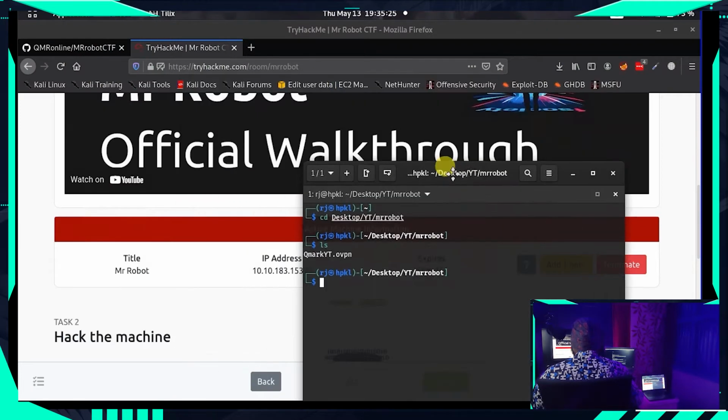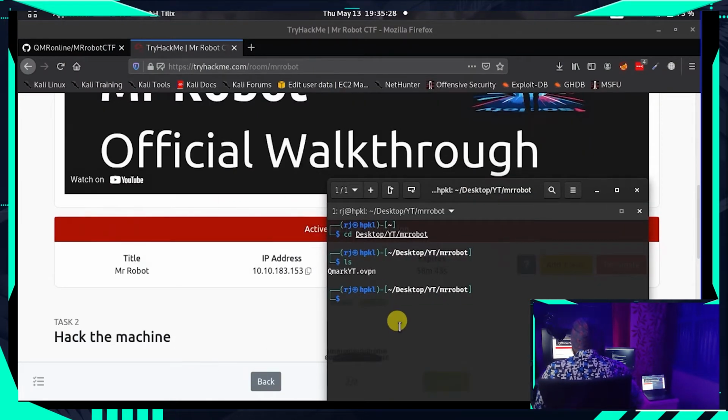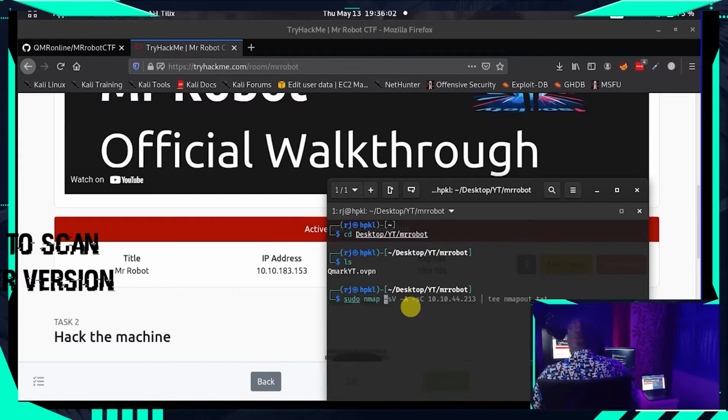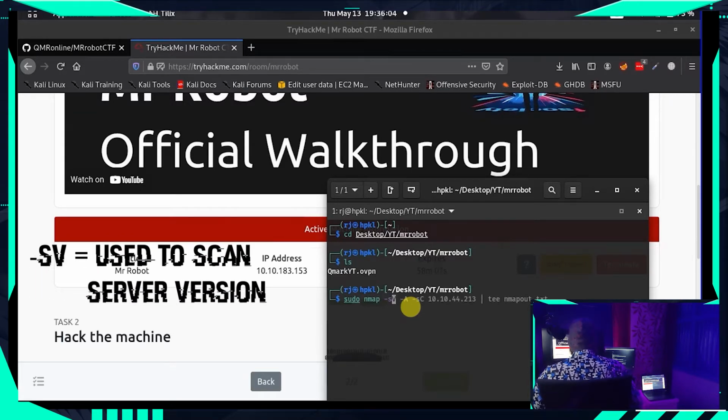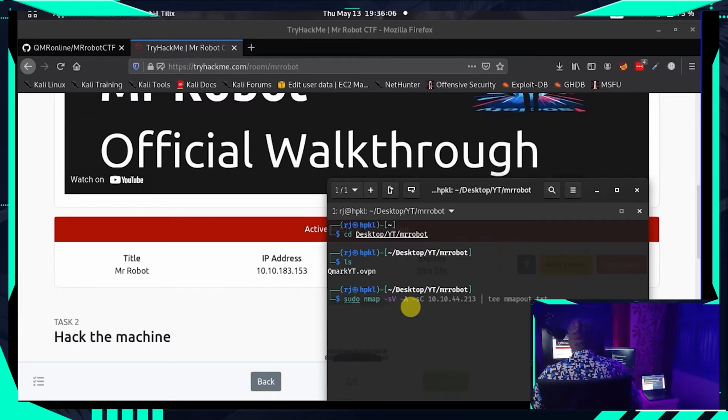Go to the terminal. Now we need to start with our enumeration. Since we got the IP address, the first step is to do an Nmap scan on that IP address. Nmap scan is nothing but network scanning. The command to execute Nmap is sudo space nmap -sV -A, where A is for aggressive.